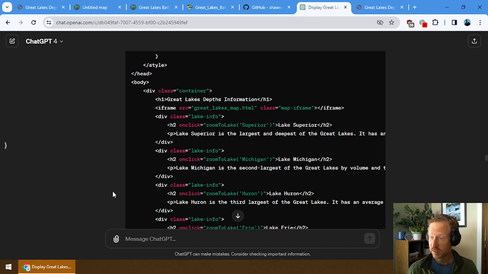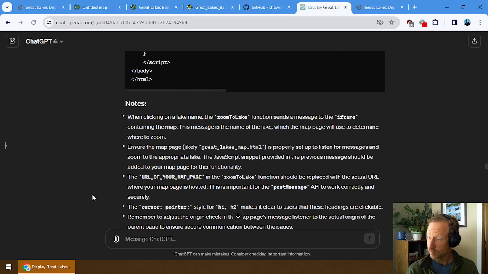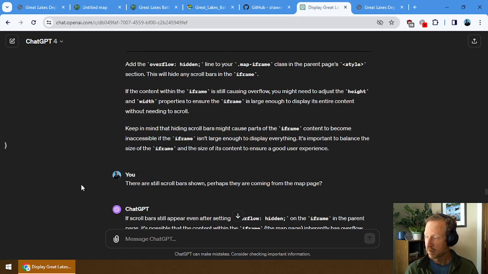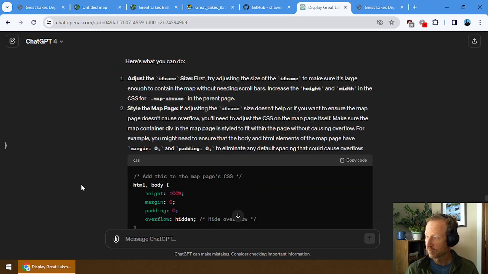Same with errors. If you have web page errors, you can not only give it the error, but you can actually give it the full web page to try to help you fix what is happening. So it's really good at this code and fixing things. Now, the page itself